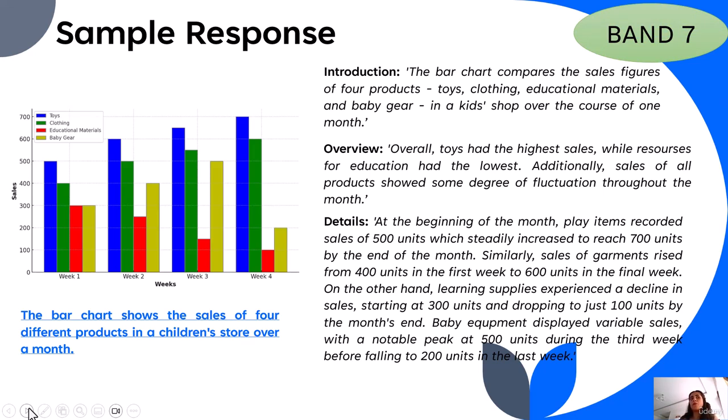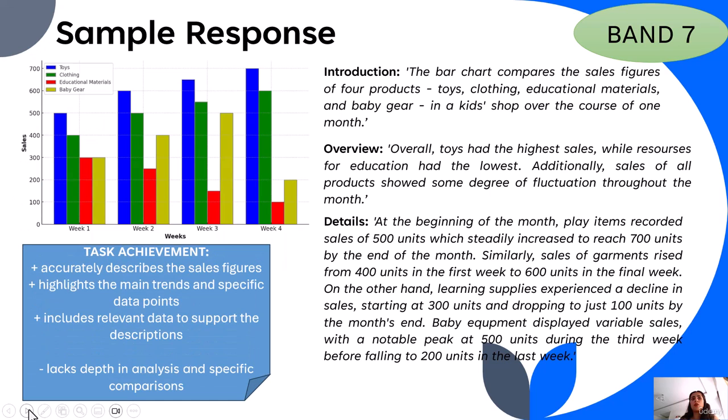Remember, we have the 4 criteria, which are used to assess every response in IELTS. So let's go one by one. Task achievement criterion. What do we have here? The response accurately describes the sales figures for the 4 products over the months, matching the information presented in the bar chart. It highlights the main trends and specific data points, such as toys having the highest sales and educational